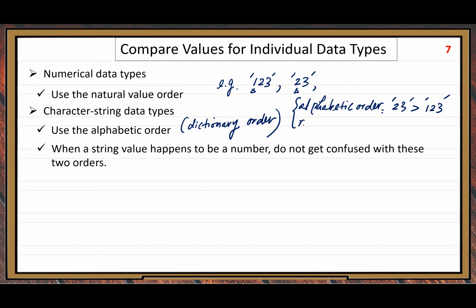Next, numerical order. This time we remove the pair of quotes. 23 is two digits, 123 is three digits, so the numerical value 23 is less than 123. See the difference? Do not get confused between string value and numerical value comparisons. Although it's simple,